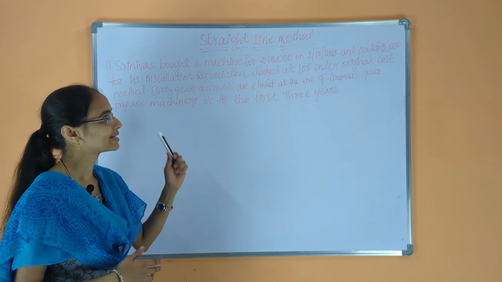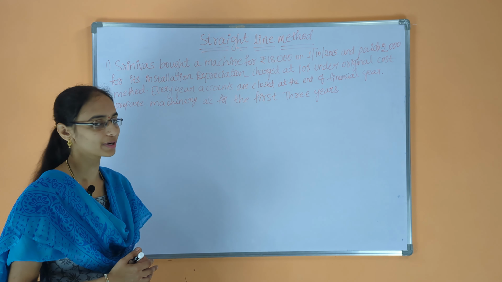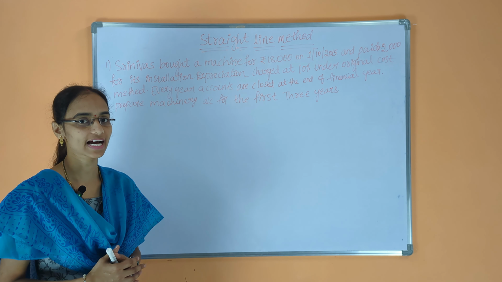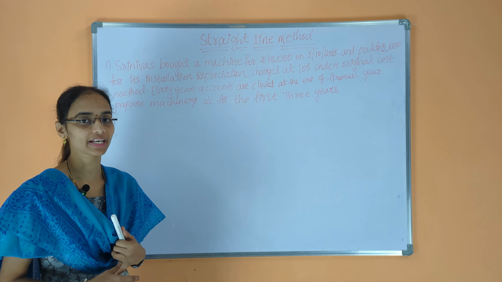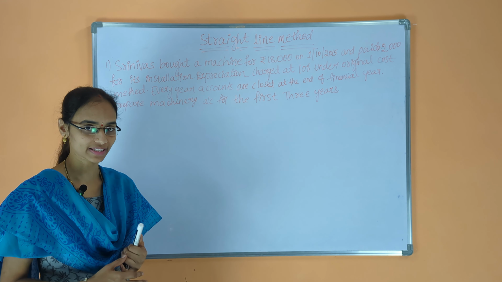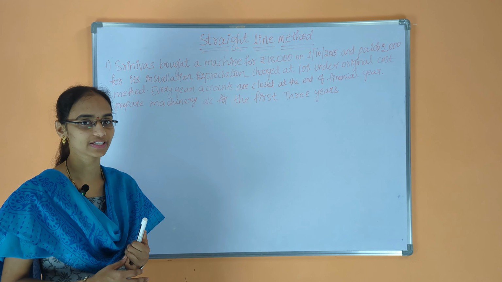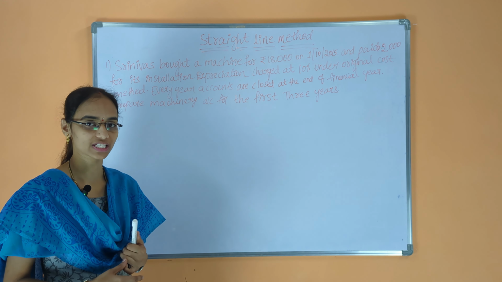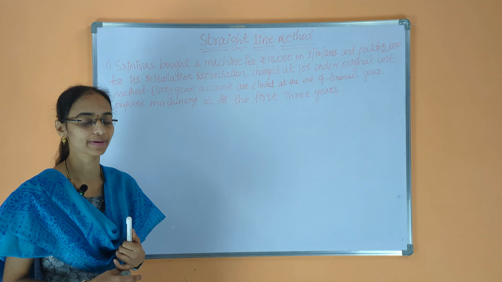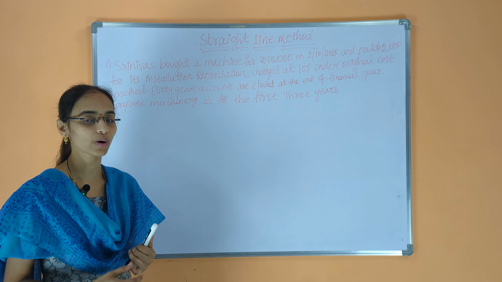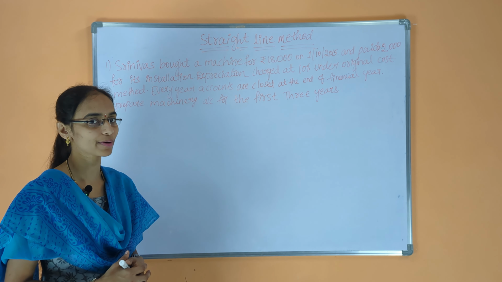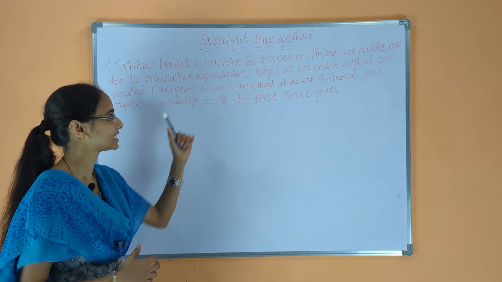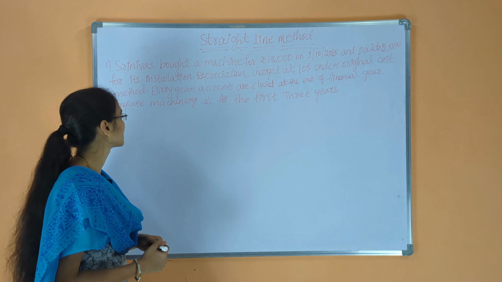Today's topic is a straight line method problem. In the previous class we discussed the meaning of depreciation and what methods there are. Under that, we have the fixed installment method, or original cost method, or straight line method. In that method we know how to calculate the depreciation amount. Now see one problem relating to the straight line method, and the problem is